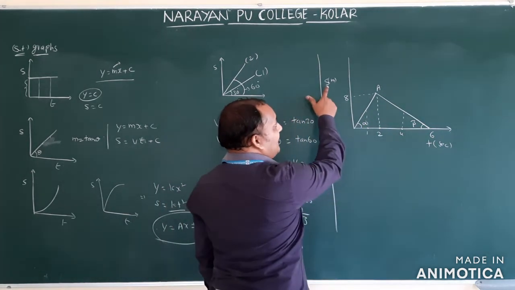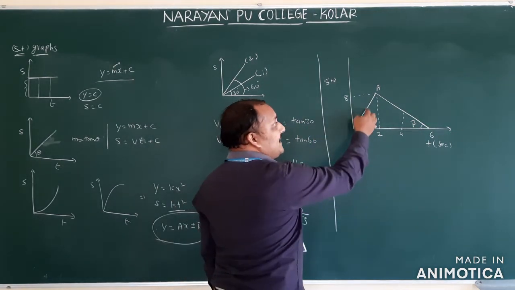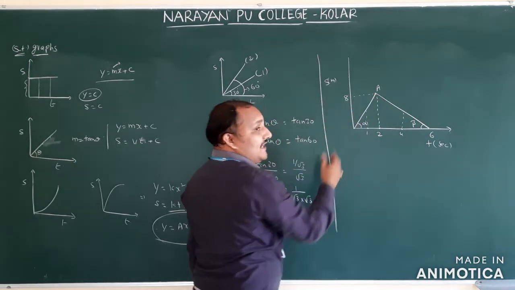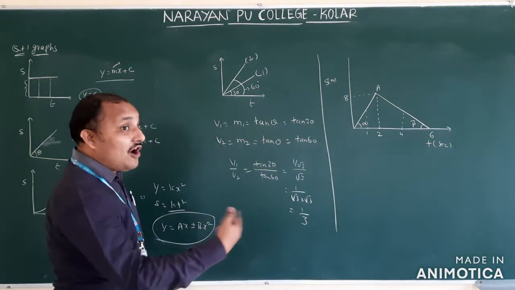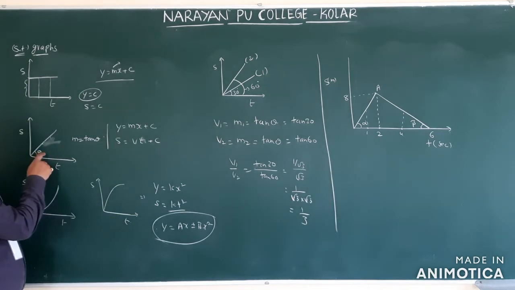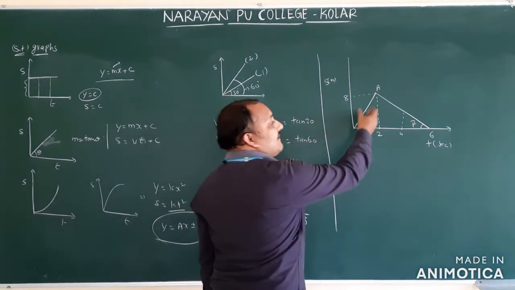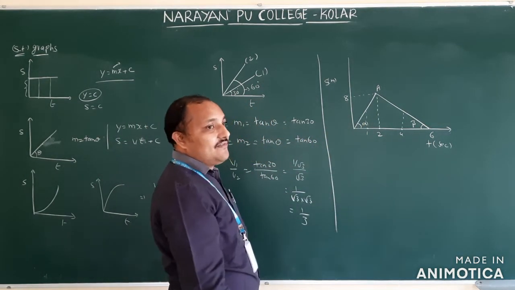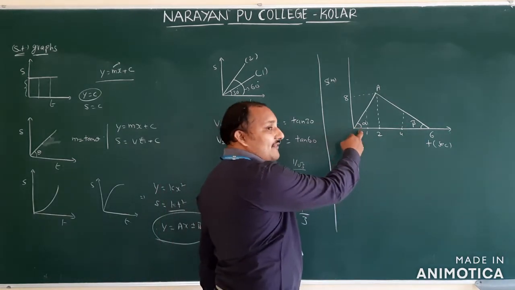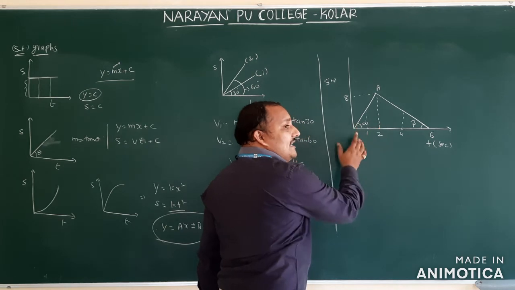So this is the graph drawn between displacement and time. The slope of this means it is moving with uniform velocity. Why? Because this graph indicates the nature of the object. See here, in this graph the object is moving with uniform velocity. Uniform velocity means it is covering equal displacements in equal intervals of time. Therefore at any time you will get the same velocity. If they ask at 0.5, 1, 1.5, between 0 to 2 it is moving with